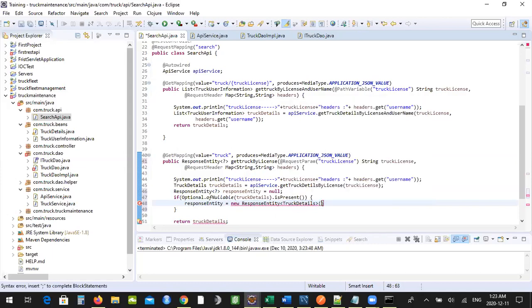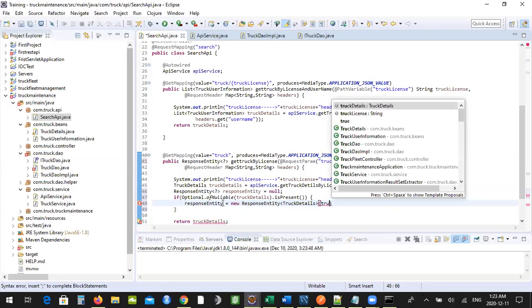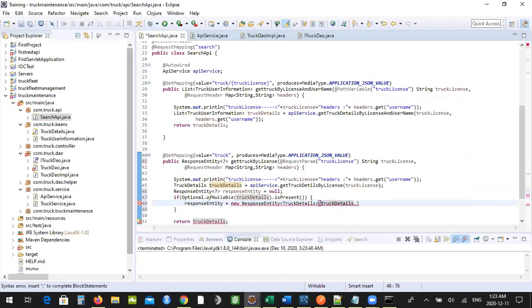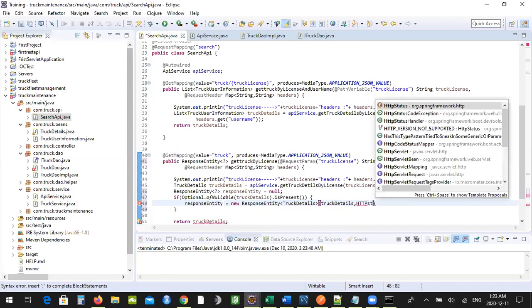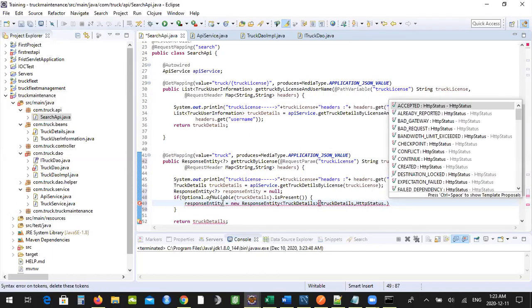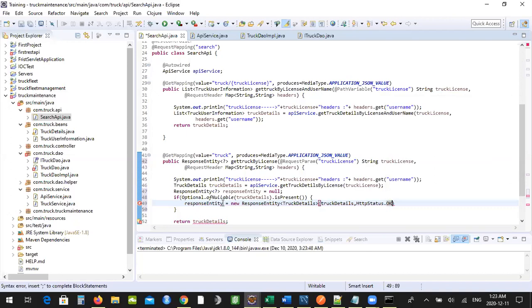And it will take truck details, comma, status code, HttpStatus.OK, right? That is fine. In case it is null, I'm not able to find anything, it is empty,